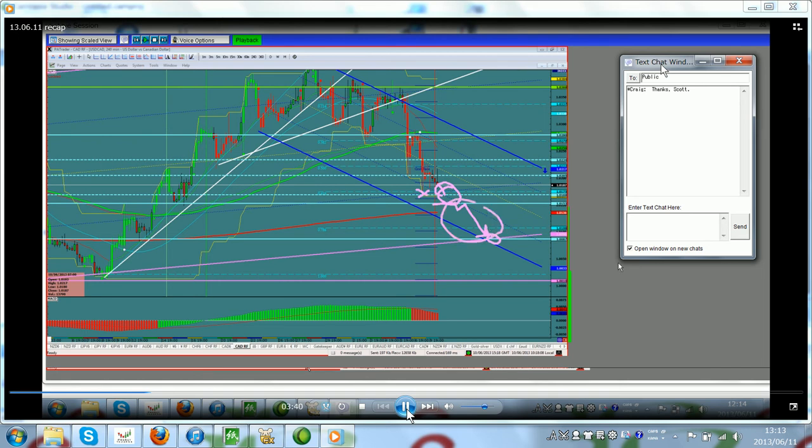Break below 101.50, you're looking for a trade down to 100.87. So pretty good move down in here once we get there. Because this is a small area, you want to trade small lots, and your big lots come in on the break of 101.50.